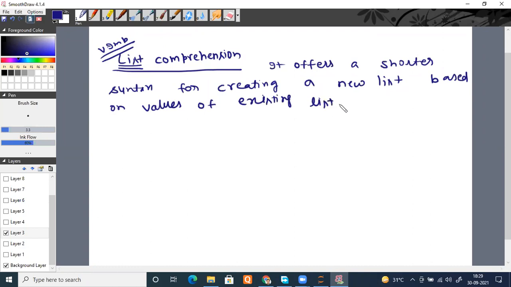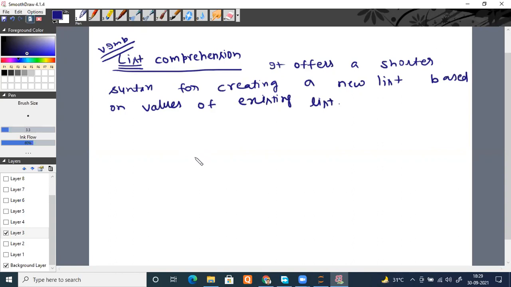Okay. So suppose I have been given a list and somebody asked me to create a new list from the values of the already existing list. Depending upon the condition, some condition may be applied or some function may be applied. That's a different thing altogether. But he's asking to create a new list from the existing list. Okay. So how can you do that? For example, simple. How do we write list comprehension? Understand. Simple. Two syntaxes, remember that. That is easier for you. One is conditional and one is unconditional. Okay.